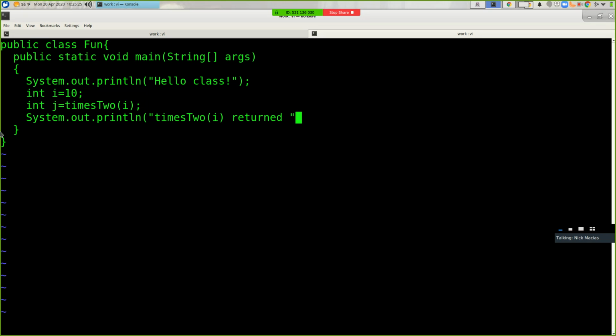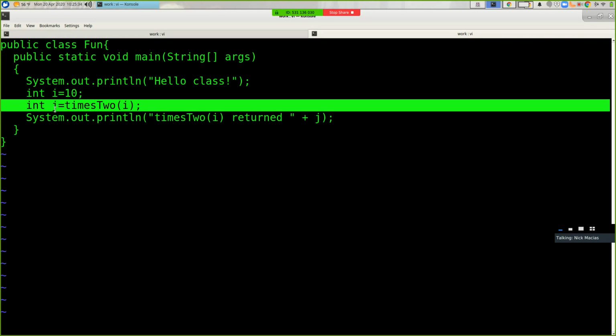I'm going to make a function called times2, and it's going to take an integer argument, double it and return the value. And so I'm going to set j equal to basically 2 times 10,